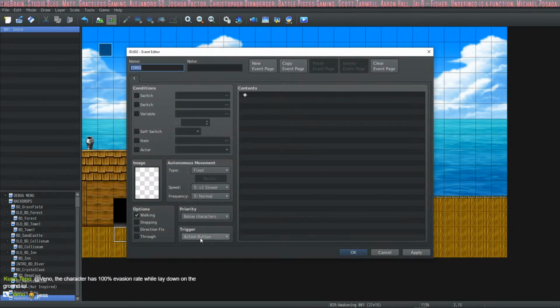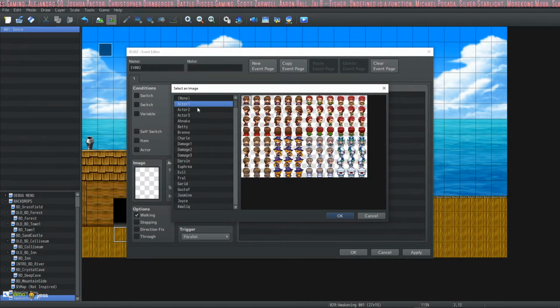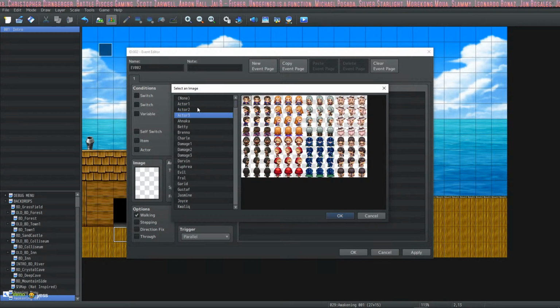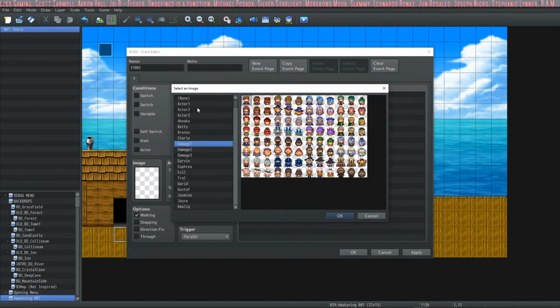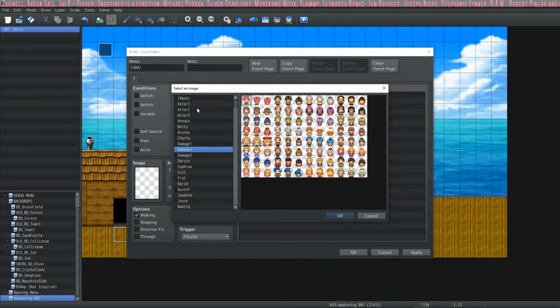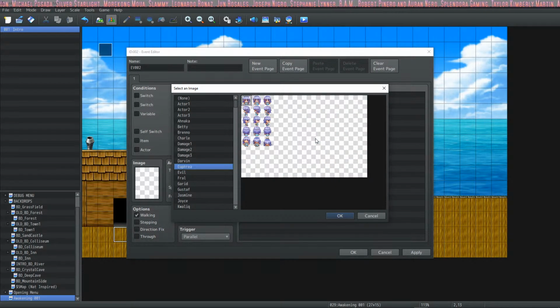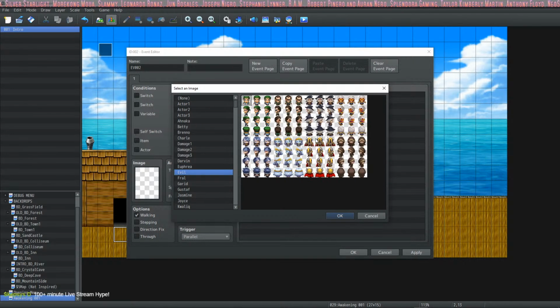It's another event here. This will be a parallel. And this will be grandpa. We got to have grandpa. Where's grandpa? Oh, I know what's gonna happen.